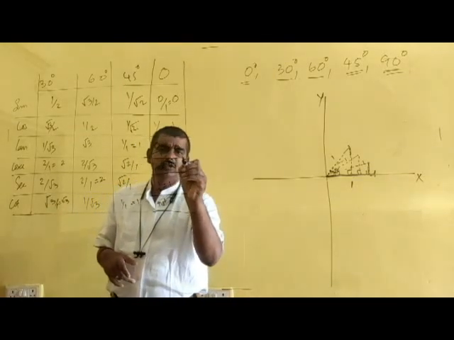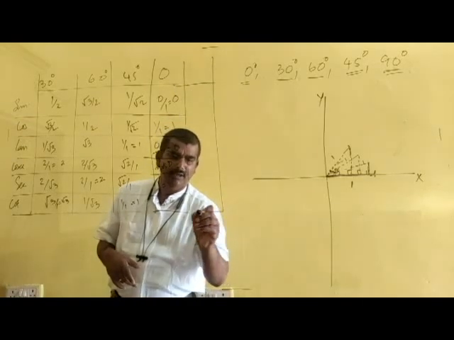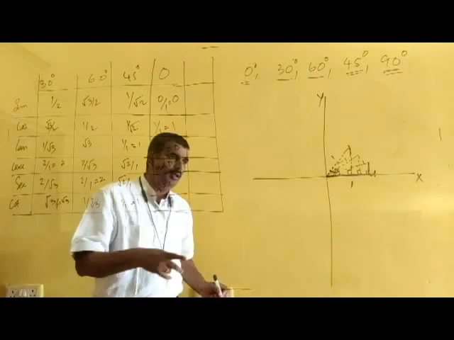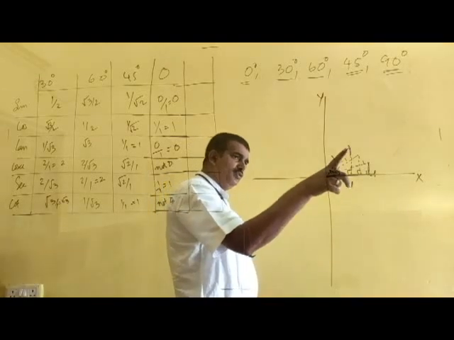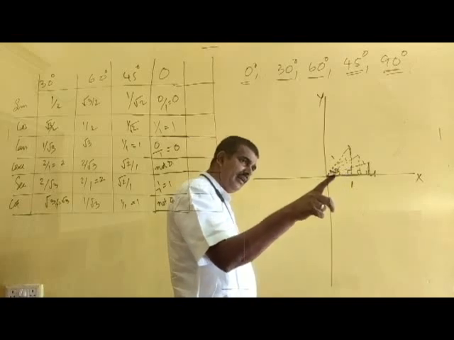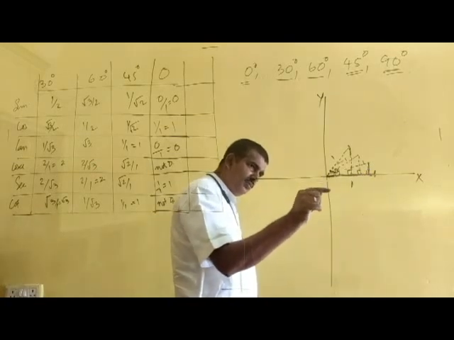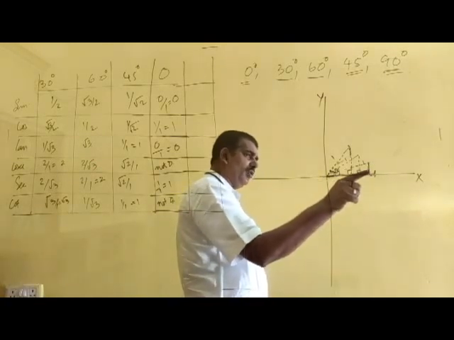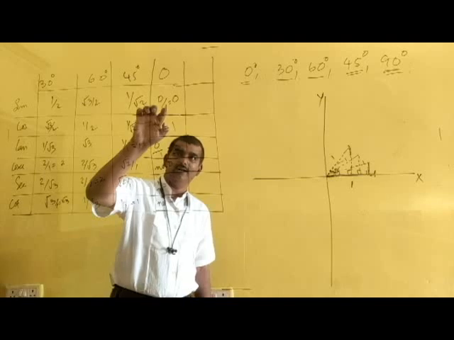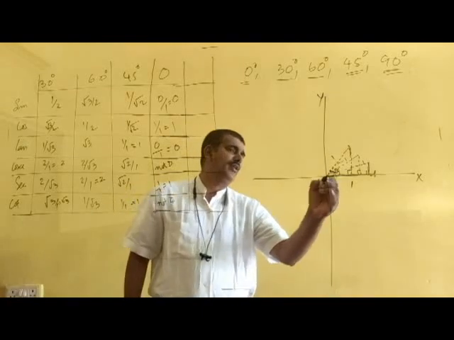Now if you are confused, see the video again and again, and you have to make sure of these values. Should I explain once more? See, first the hypotenuse is 1, theta is decreasing, the opposite side is this much, again theta decreasing, so this much, again theta decreasing, the opposite side is decreasing. Theta is almost 0, then at that time the opposite side is also almost 0. If theta is 0, then the opposite side is also 0. So opposite side divided by hypotenuse, the hypotenuse always 1, 0 by 1 is 0. This length we are not changing.